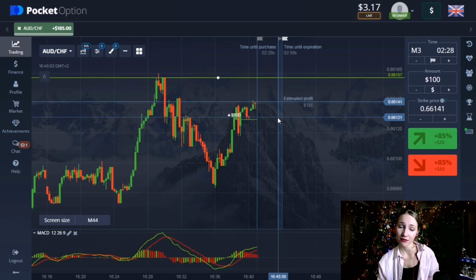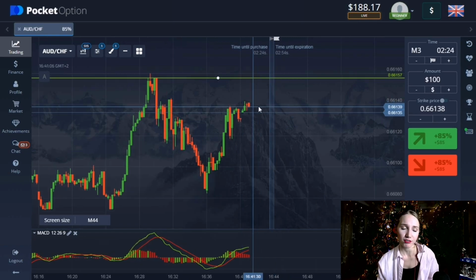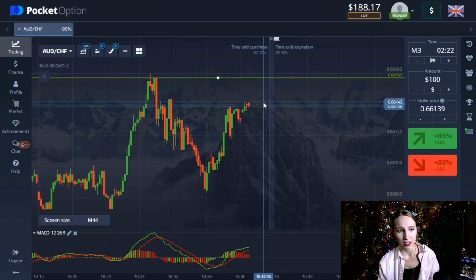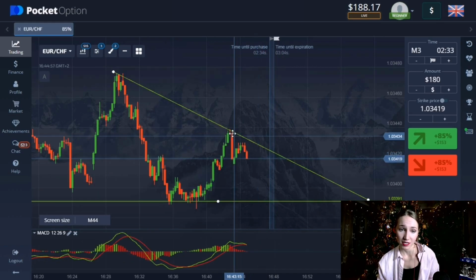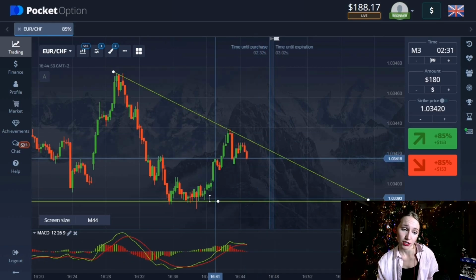Well, it's very good. After the small pullback, the upward movement continued and we have closed our trade profitable, and this time was enough here. So the indicator has showed us the direction of the trend. So guys, let's continue. Well, here we can see that the price maximum is getting lower and the general trend